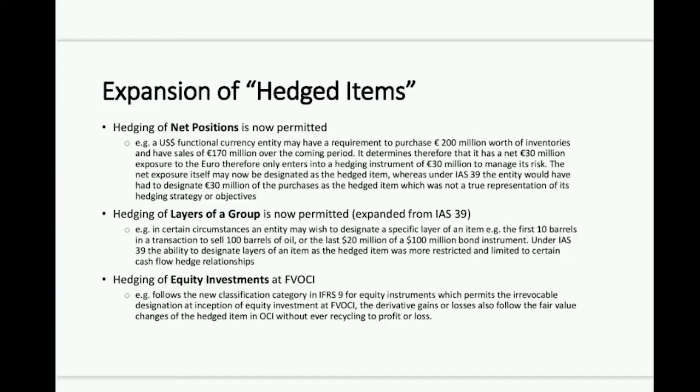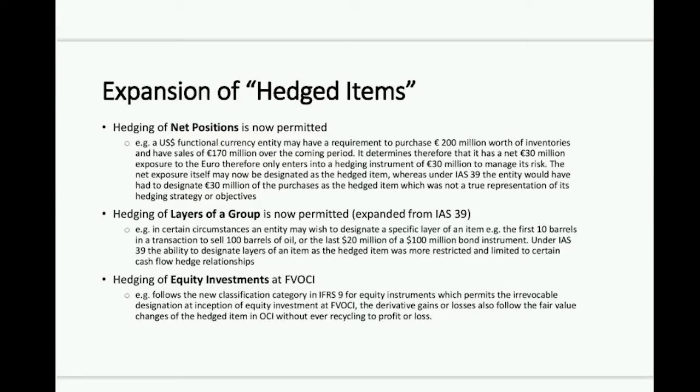The way that they would have had to account for this is that they would have had to say, well, yes, my effective net exposure is 30 million, so this is what the risk management position would be, but they would have to almost misrepresent that position by saying, well, I'm now going to say that I've hedged 30 million of my inventories, and I have not hedged the remaining 170 million, nor have I hedged the 170 million in sales, because those two, I'm going to say, have a natural offset, and I haven't hedged them. The reality is I didn't decide not to hedge 170 million. I decided to hedge the net exposure of 30 million.